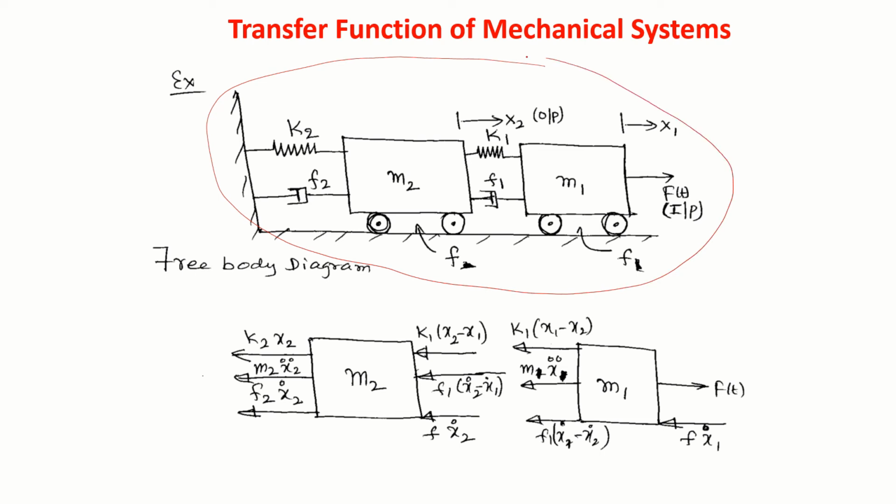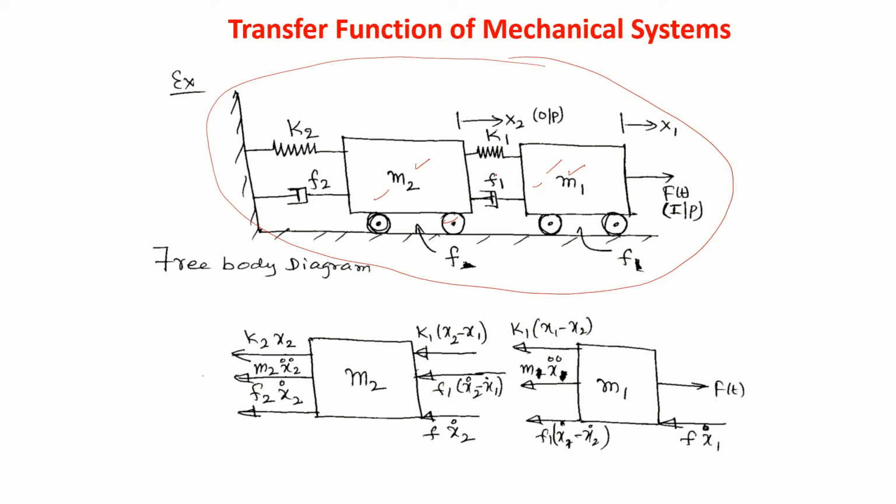Here again your two masses M2, M1. It can be a train. You can say bogie 1, bogie 2, like this. Car 1 or car 2, like this. In between we have spring and a damper connection, and these are wheels. So I'm just modeling them. Suppose all of a sudden if I brake, what happens? We can study such kind of things later.